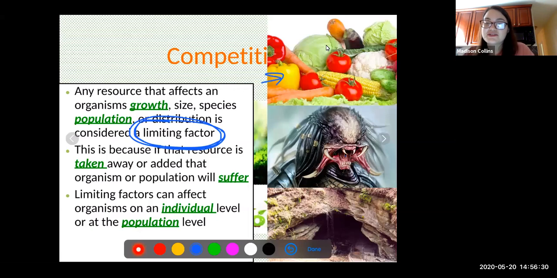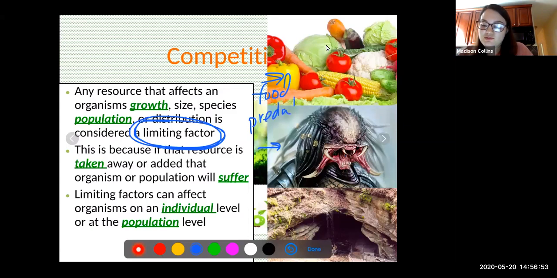Another thing is going to be predators. Now, I'm not sure why this image was chosen because this is something straight out of a nightmare, but predators are obviously going to keep prey populations in check, because if there are predators like this horrific guy over here eating different types of prey, that's going to affect the growth of a species.